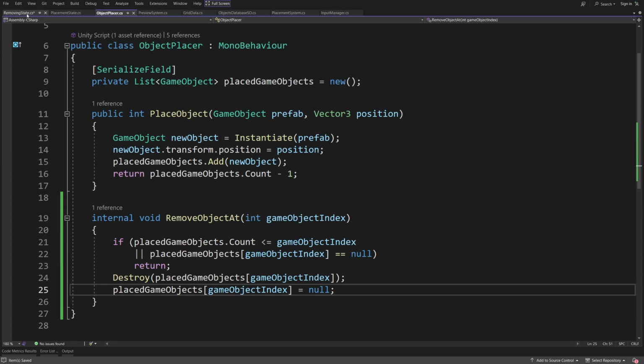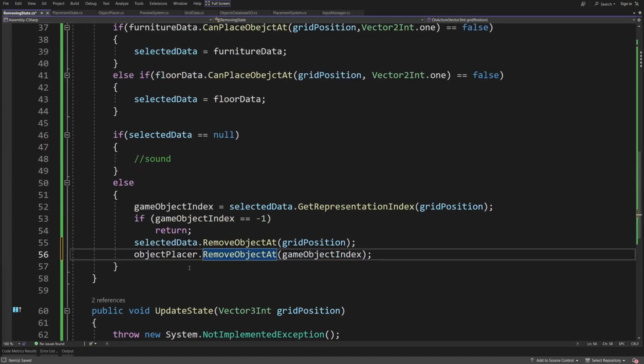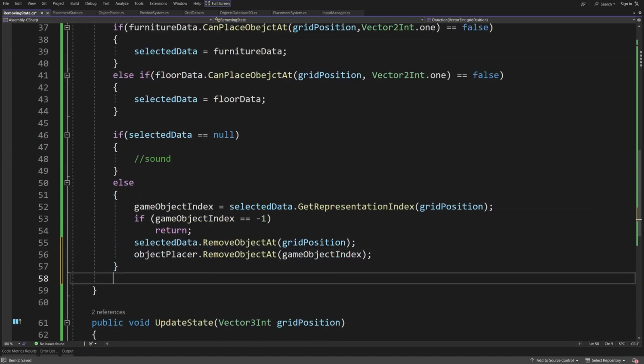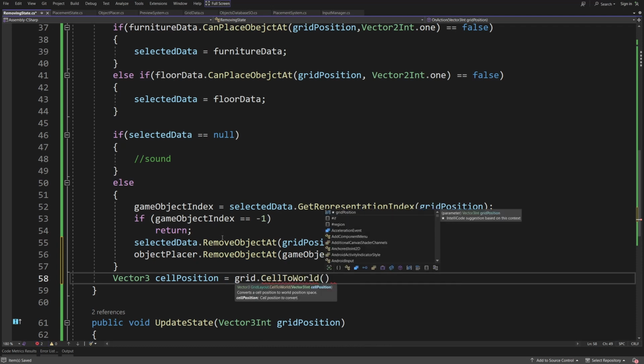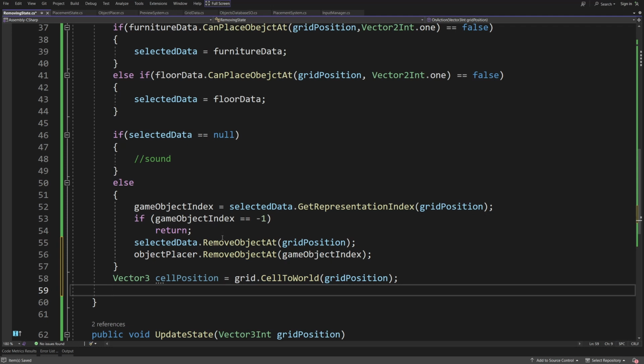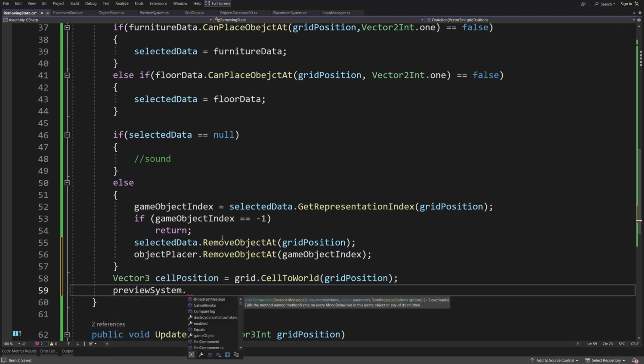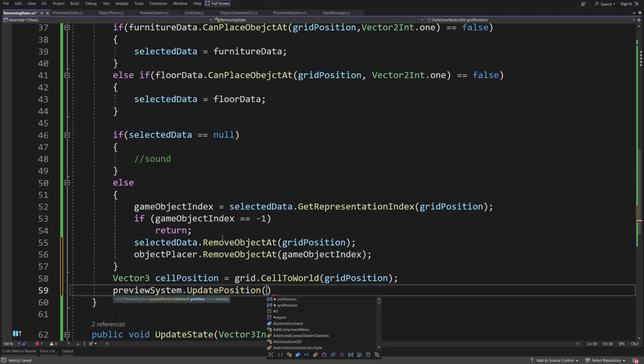Let's save this. Let's go back to removing state. And what we can do now is update our preview. So we're going to get the Vector3 cell position, and we are going to set it to be grid dot world or cell to world. So that we need to get the position, we are going to pass the grid position, and we are going to set the preview system update, and we are going to pass this cell position,